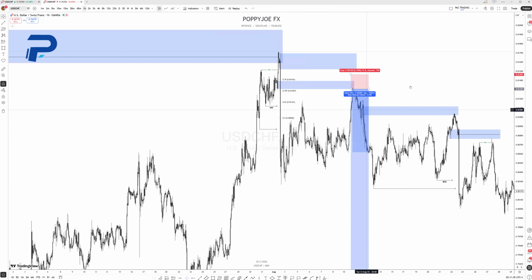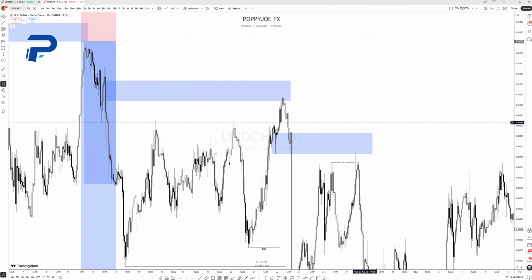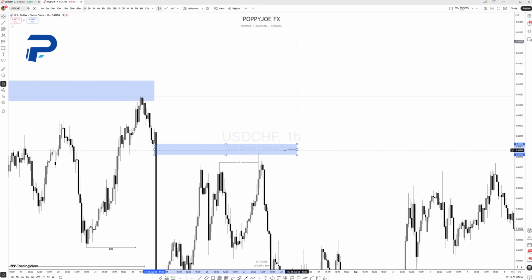So this particular entry would have been taken because of the presence of liquidity. Can you see? This is the key level here, clearly the breaker here. That's a breaker block there. So I would have used this particular one as my entry. And if I was going to take a confirmation entry, then